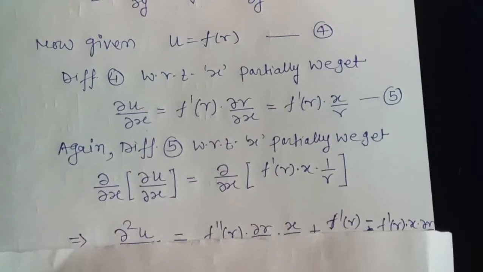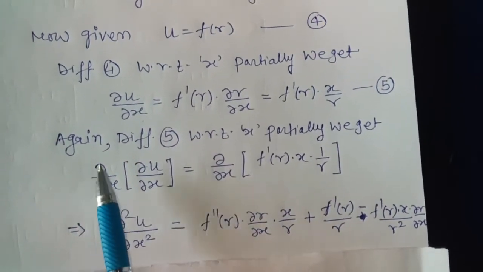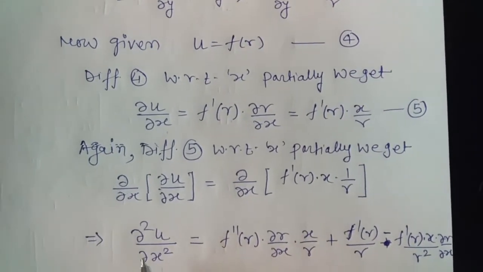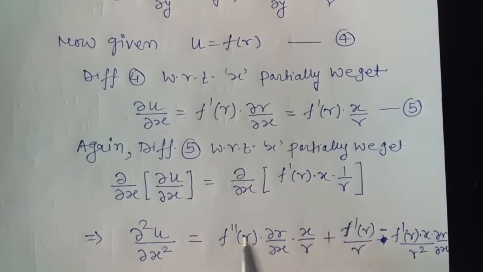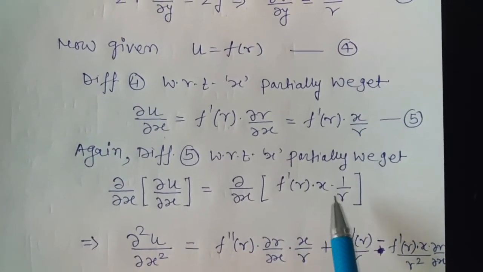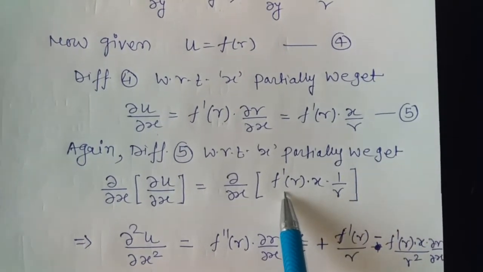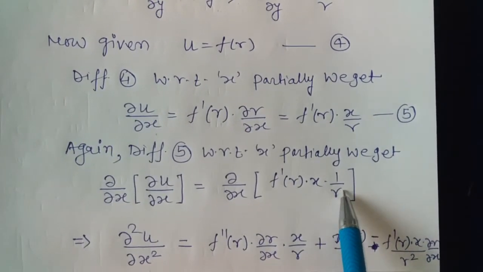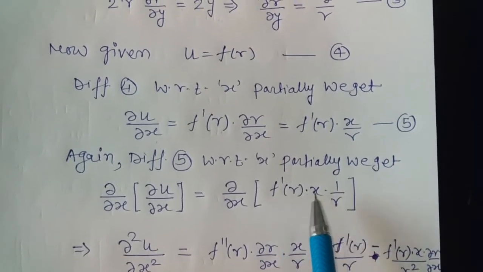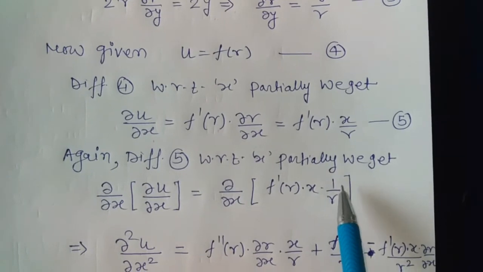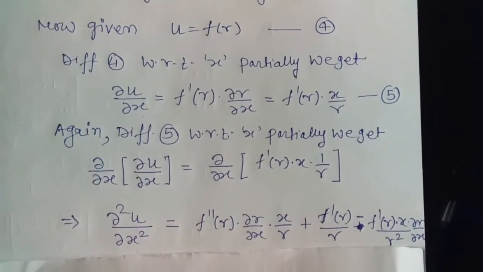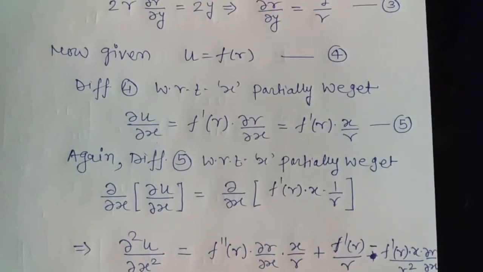So the left hand side becomes del 2u by del x2, the second order partial derivative of u with respect to x, which is equal to, here we apply the u v w formula for differentiation, that is derivative of u multiplied by v and w, plus derivative of v multiplied by u and w, and finally derivative of w multiplied by u and v. So using the multiplication rule of derivative, we get